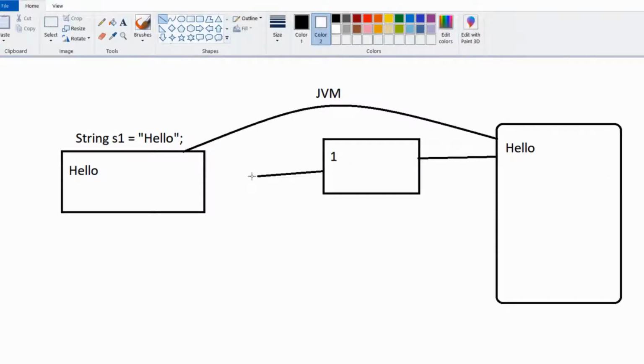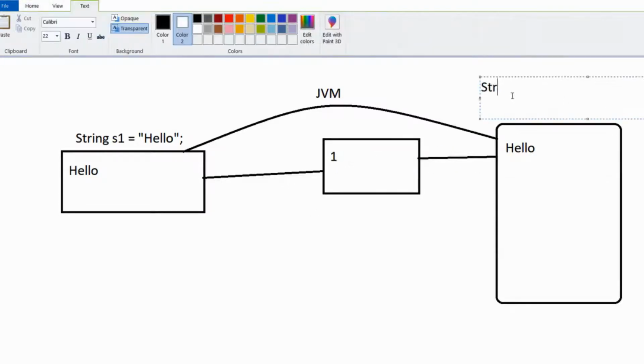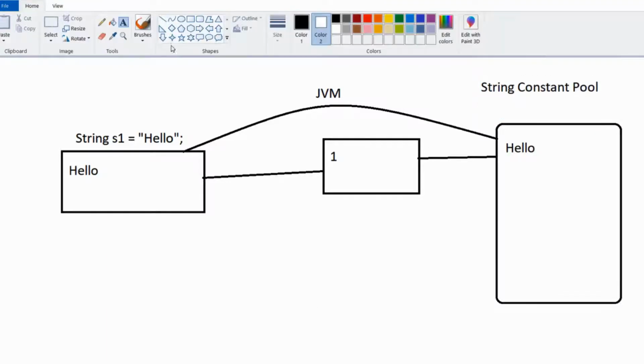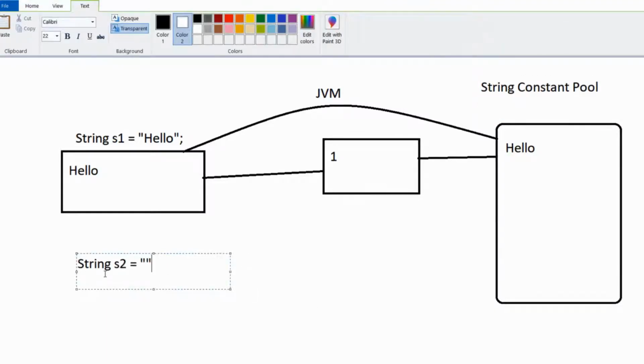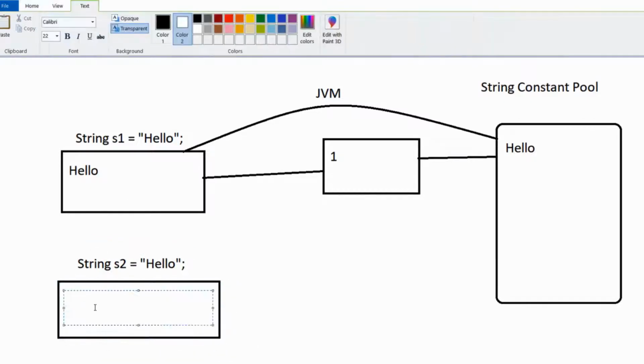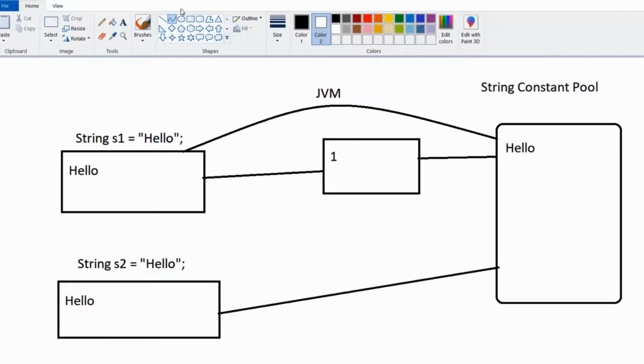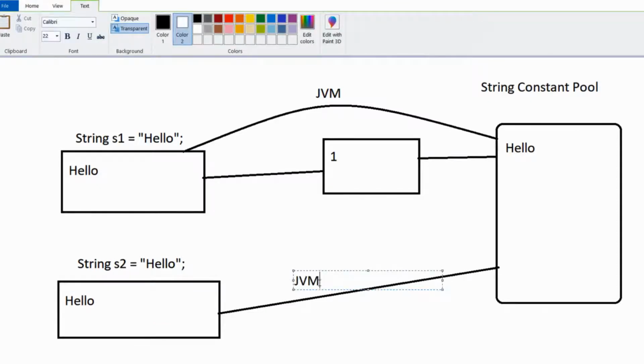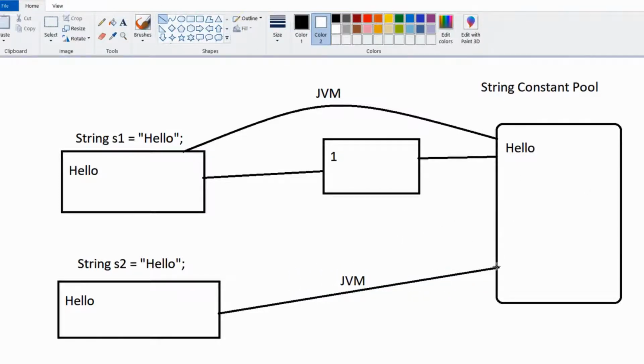Now again the same thing happens with the second string, s2 equals hello. First of all, with the help of the JVM, it checks in the string constant pool whether this data exists or not. At this time we can see that hello data already exists in the string constant pool. So instead of taking a new reference number, the JVM connects to the already existing reference number which was created the first time.